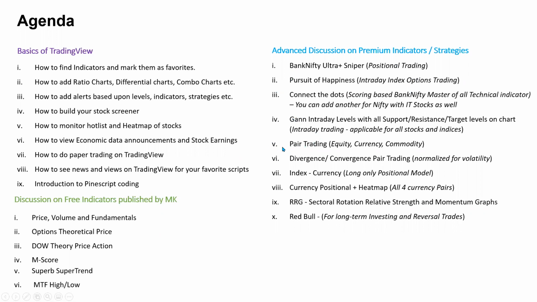So there are 2 indicators on pair trading. What are the differences, and how does one give fewer signals and one give more signals? There are differences and inferences to be drawn from both these indicators. First 4 are for index, then for pair trading, then there is one for currency, index and currency. There is a session I also took on it a long time back on Kothariji's platform.